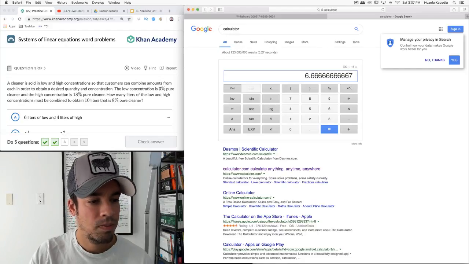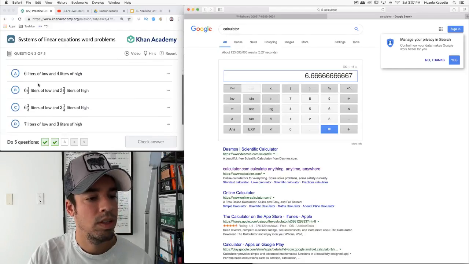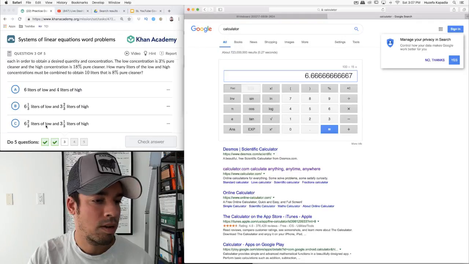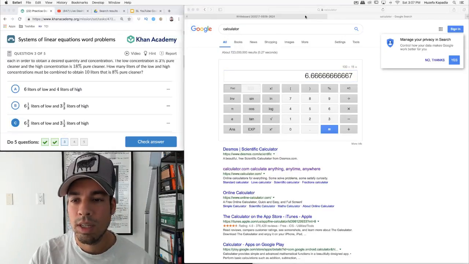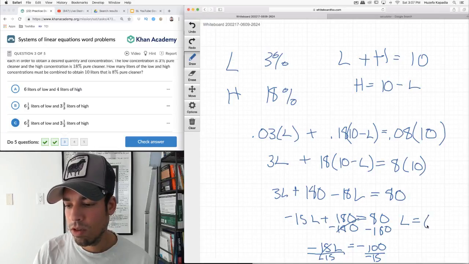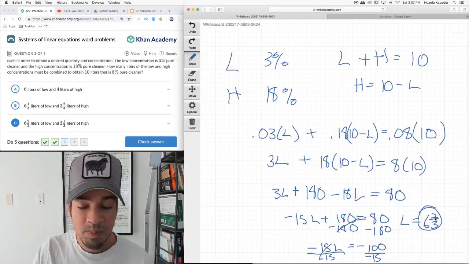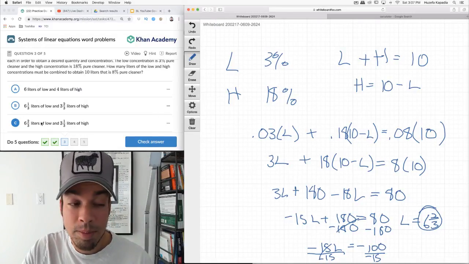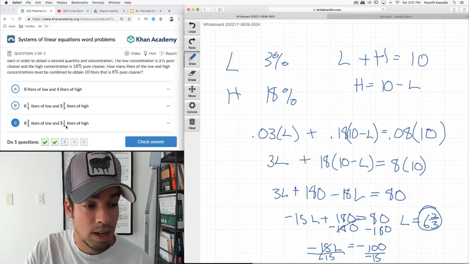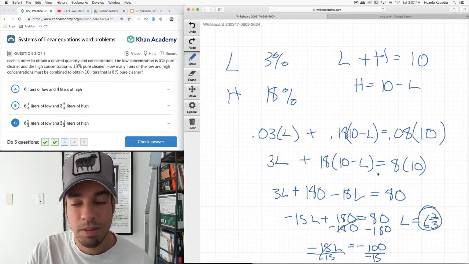That doesn't seem good. Hold on. Oh, wait, they do have fractions. Okay, it's got to be this: 6 2/3 liters of low. Usually that would be a warning sign that we got a decimal like that. Usually on the real SAT, I don't think it's going to be as common to have fractional answers like this, but...